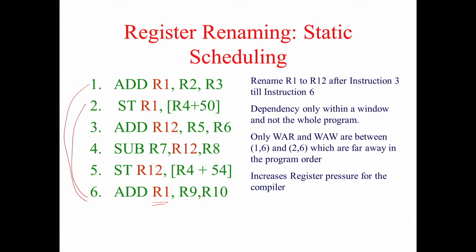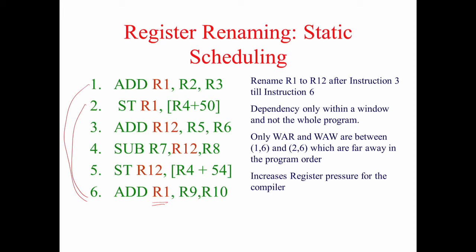Okay. I am coming to your doubt, this register renaming can be done by the compiler. If it is done by the compiler, of course the WAR and WAW hazards can be removed there, but in the case of static scheduling. But in dynamic scheduling, who should do the register renaming? The hardware should do the register renaming, and that is the thrill. Okay. How does the hardware automatically do register renaming? How does the hardware actually do operand forwarding?